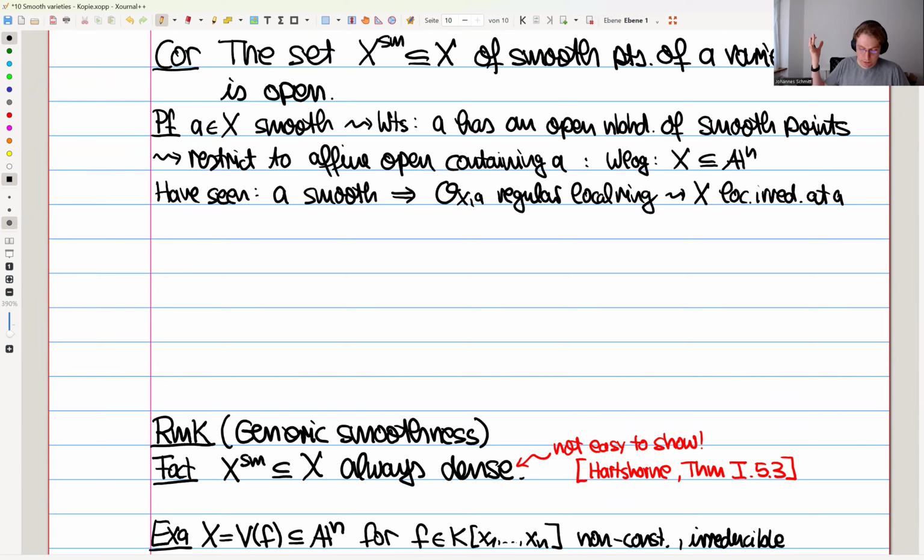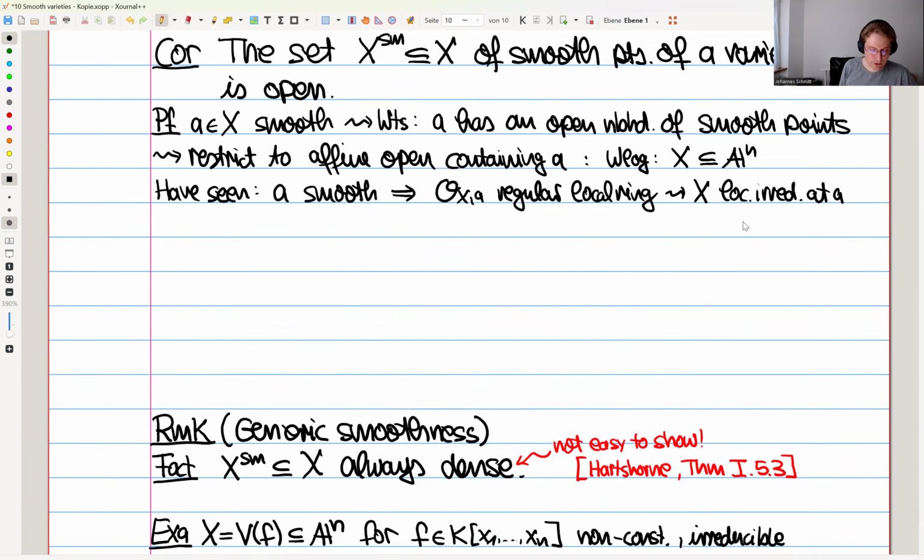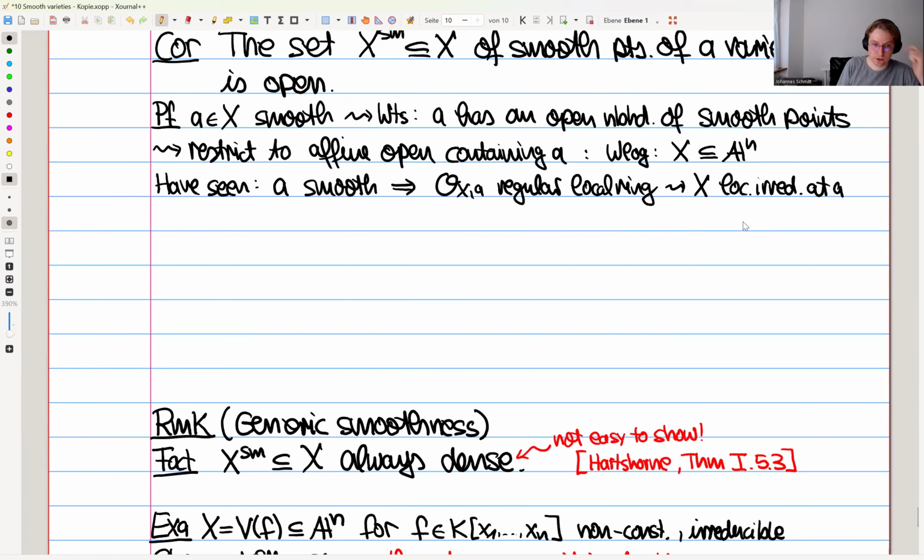And so we can just restrict by taking the complement of all of the other sets X_j, which are the irreducible components of X which don't contain A. After we throw all of them out, we are then left with an irreducible space. And then we can maybe even shrink again to an open affine neighborhood. And so we have then reduced to the case